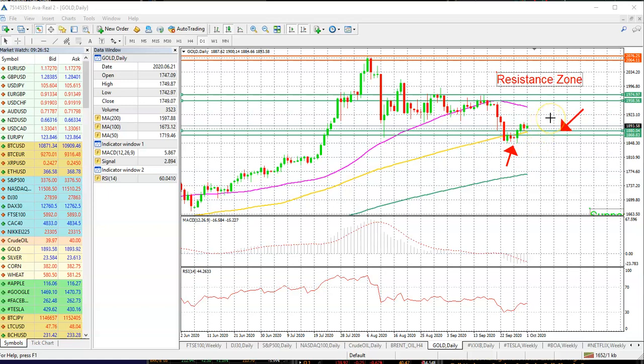So to summarize, the price is moving above the 100-day moving average, which is positive, and this means the price is likely to continue its journey to the upside. If it continues to the upside, this is the area right over here where we can see some sort of profit taking. But if the price falls and we see another resistance, this is the area where we see the price entering and then possibly moving back to the upside.